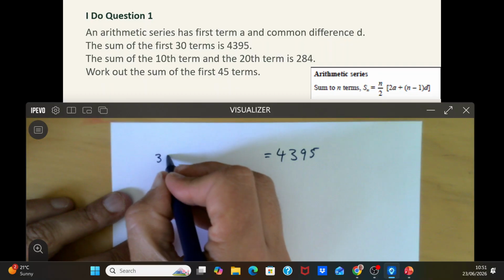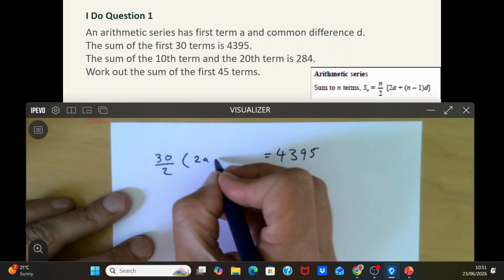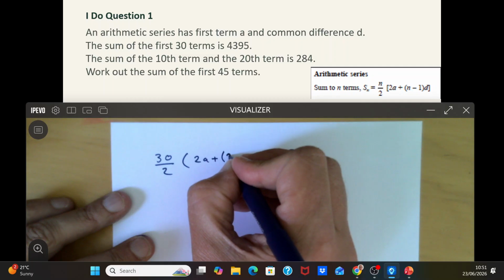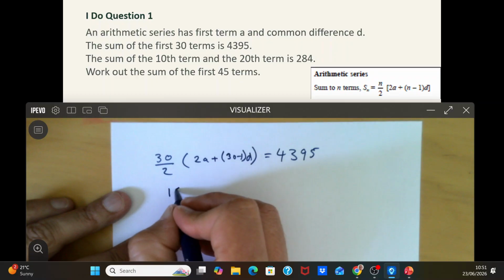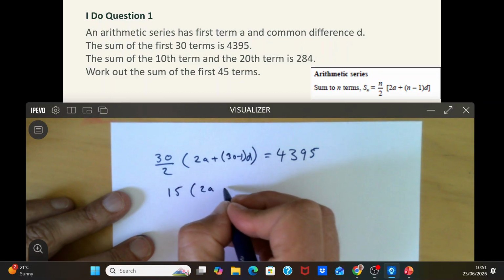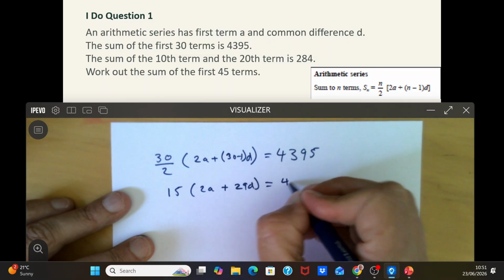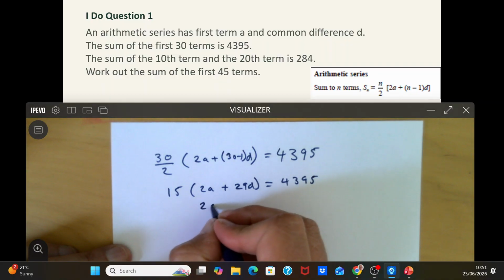So 30 divided by 2 times 2 lots of A, which is the first term, plus the number of terms, which is 30, take 1, equals that. So let's just tidy that up. So that's 15 times 2A plus 29D equals 4395. Let's tidy it up even further. So we are told